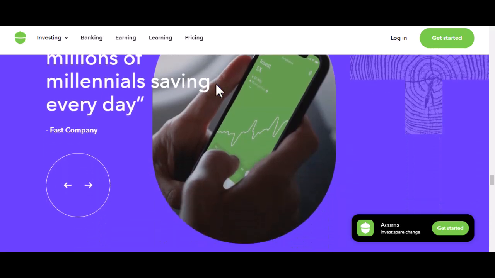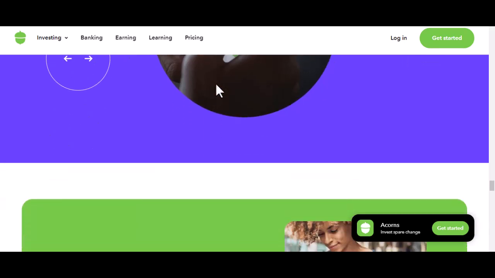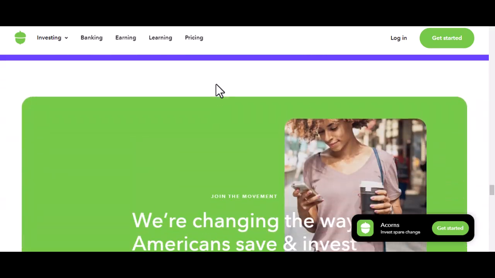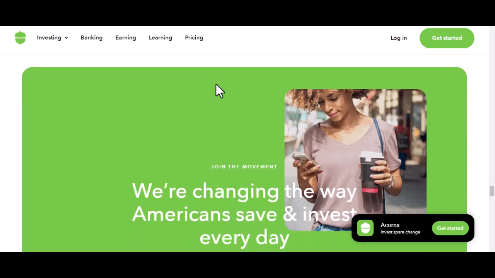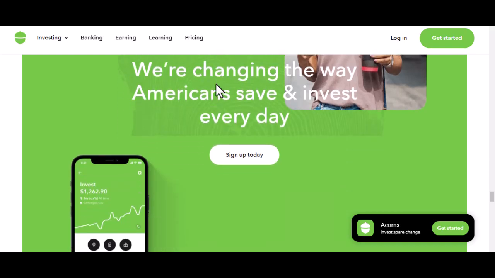In conclusion, checking your Acorns balance is more than just a number game. It's a way to monitor your financial progress and make informed decisions about your future. By understanding the different components of your balance and using the tools Acorns provides, you can gain valuable insights into